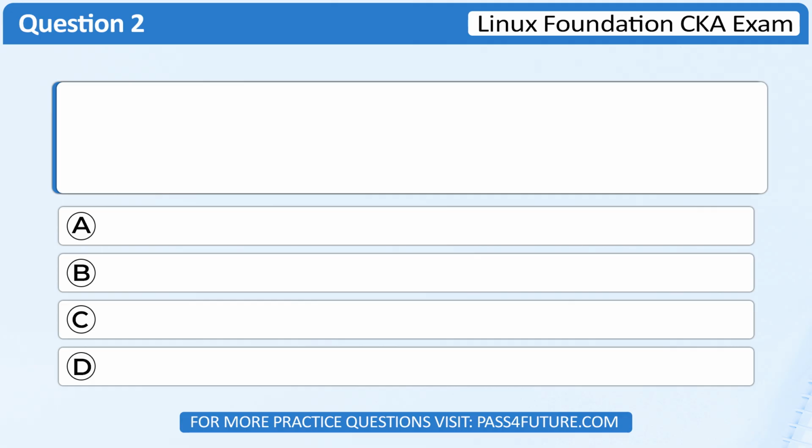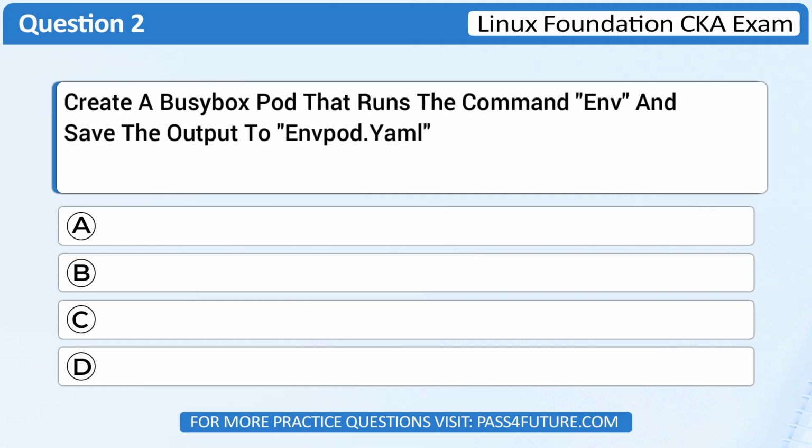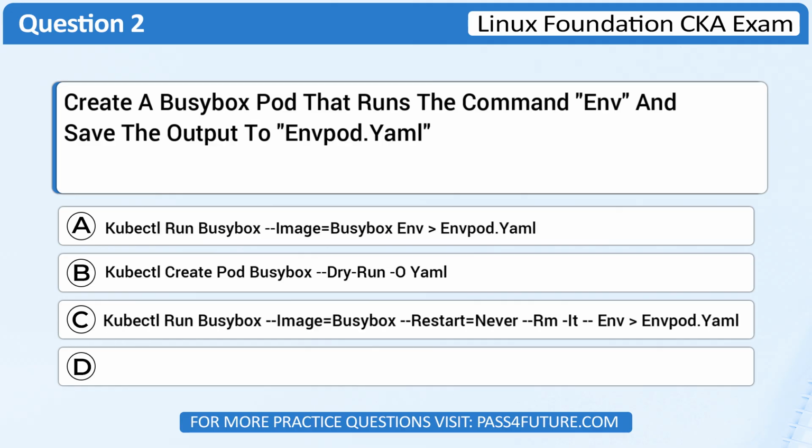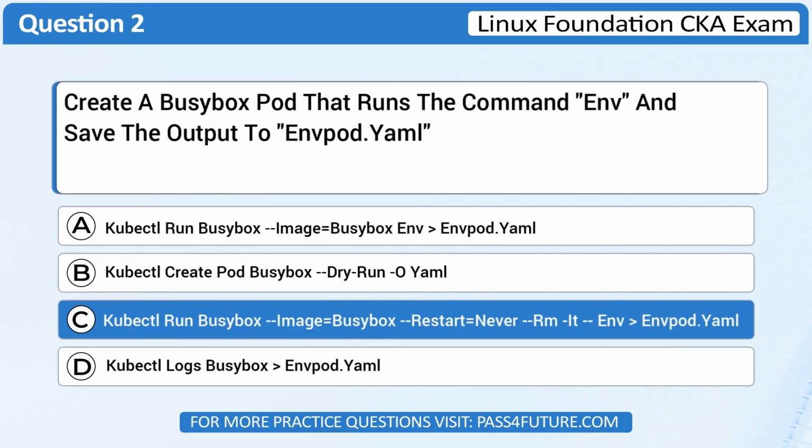Question number 2. Create a BusyBox pod that runs the command env and save the output to envpod.yaml. Correct answer, C. kubectl run busybox --image=busybox --restart=Never --rm -it -- env > envpod.yaml